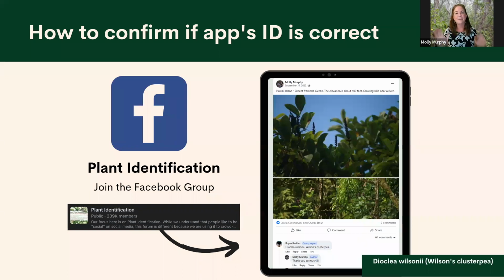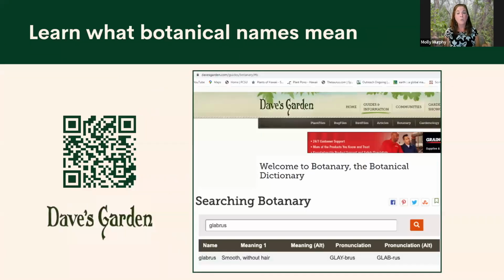But this group, I highly recommend. Plant Identification. The title says it all. There is no discussion. Don't ask if the plant's poisonous, if it's edible, if it's useful in any way. That has nothing to do with this group. The group is all about plant identification. And because the rules are really strict, we can get real live identifications in real time, really fast from professionals in the industry. And then once you get the right ID, they turn off commenting.